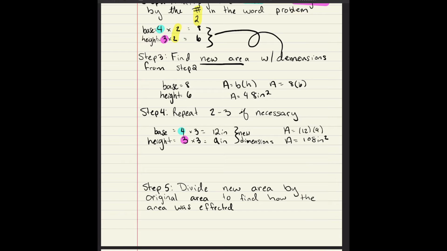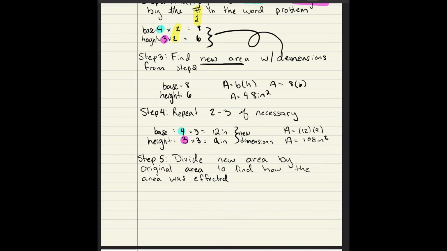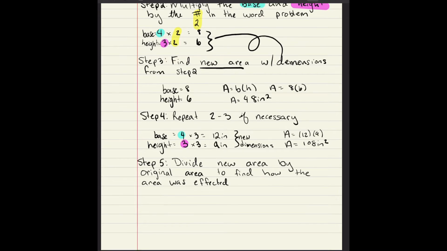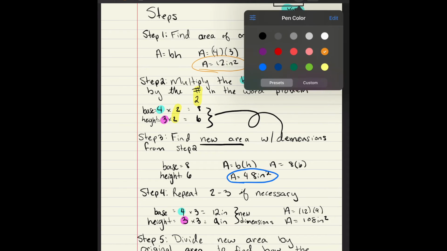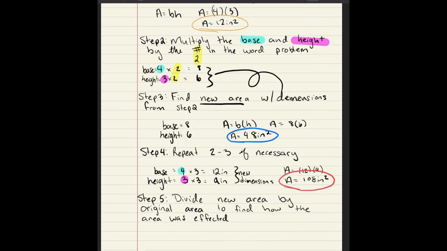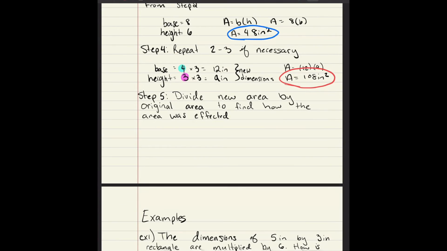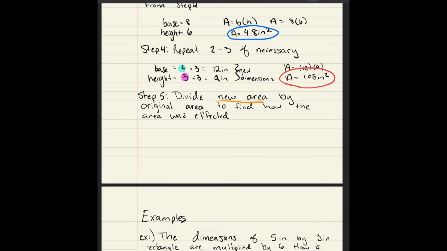So my area equals 108 inches squared. So now I have 3 different areas. I have the original, the new 1 area, and the new 2 area. Now I need to divide the new area